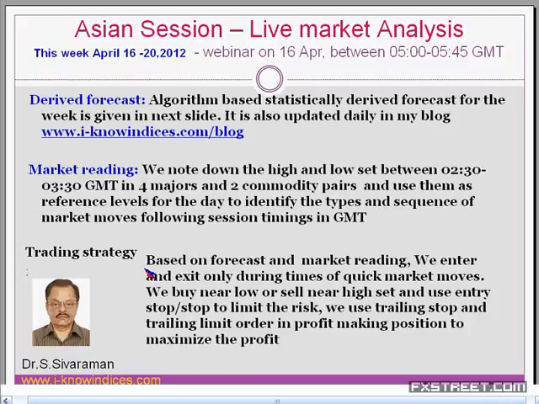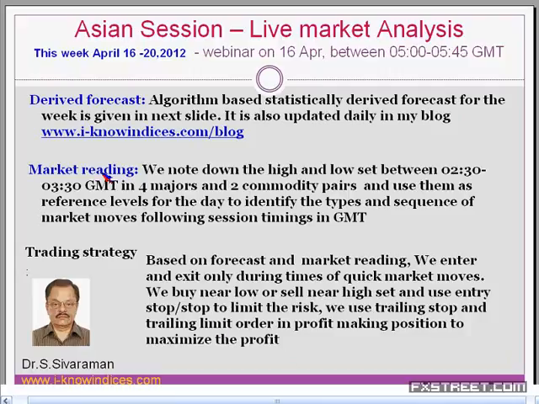The other type of trading strategy is simply to keep the hedging order, and once the hedging order makes profit, we know that they are making a move opposite to our expectations. We simply keep stop at entry in the hedging order and let them reverse the market and come and close our hedging with stop at entry. Then we continue to trade with our original buy position, because we know very well the market cannot continuously drop or continuously rise in an unlimited way. They have to necessarily make swings on the upside as well as the downside.